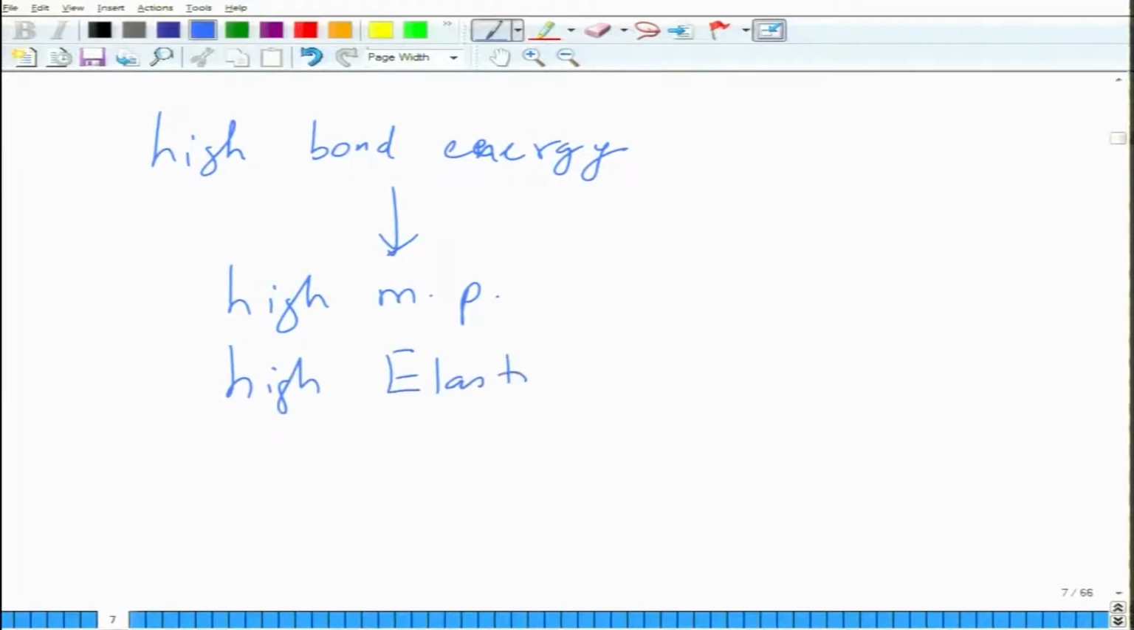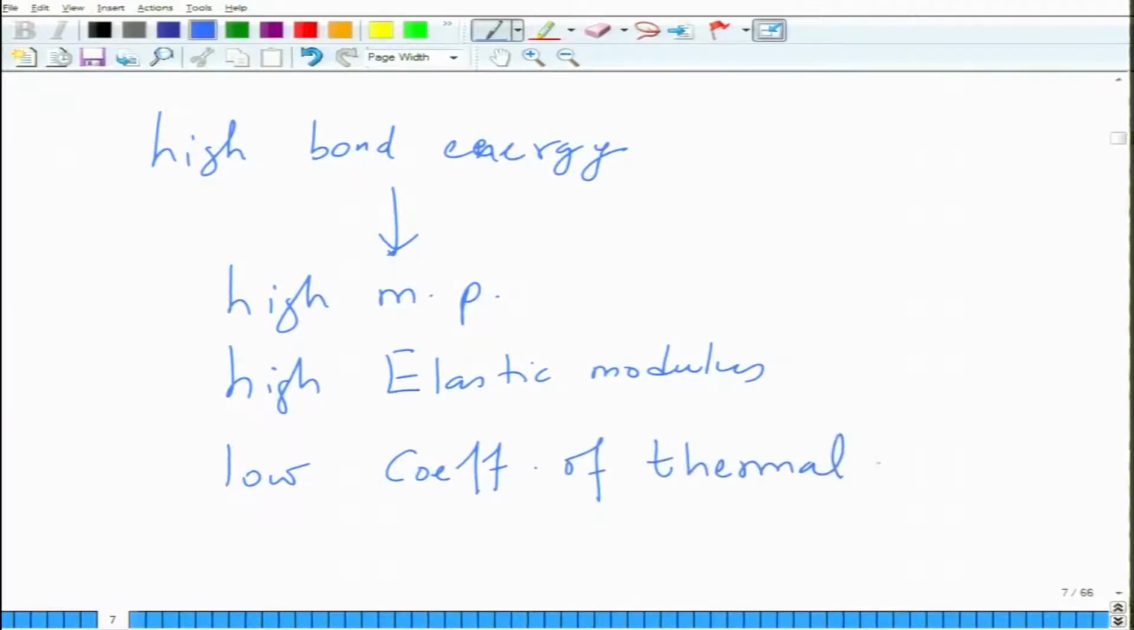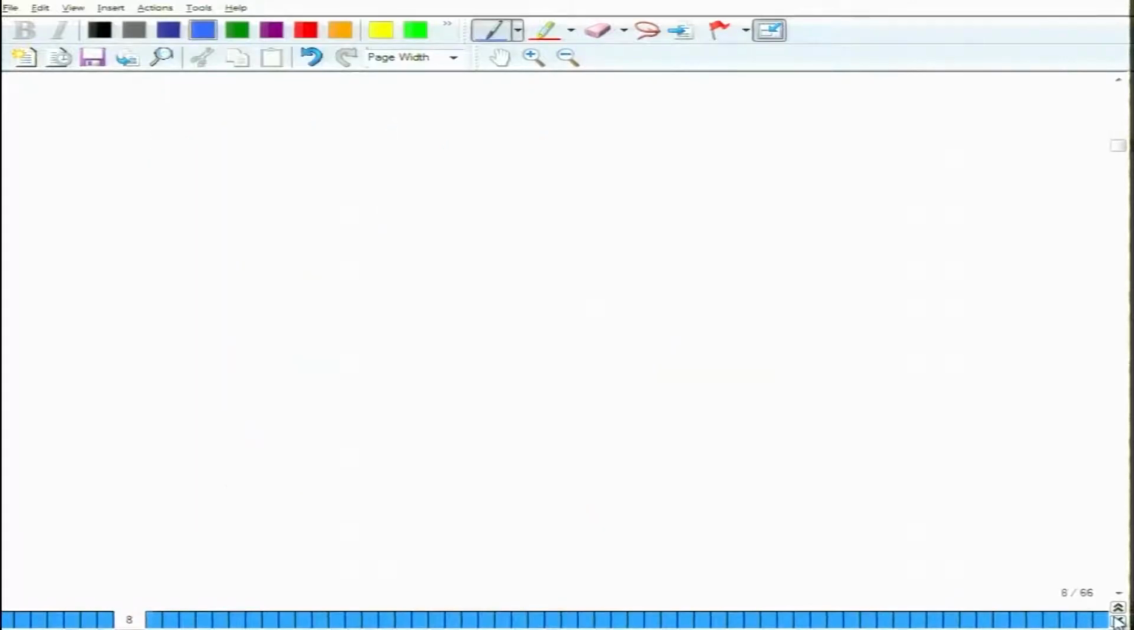in this case high melting point, high elastic modulus, low coefficient of thermal expansion, and most ionic solids as a result have these characteristics. Then we will go into details of ionic bonding a little later when we study the ionically bonded material structures. So, I am not doing a mathematical treatment right now, I am just giving you a qualitative treatment at this stage. And then second is